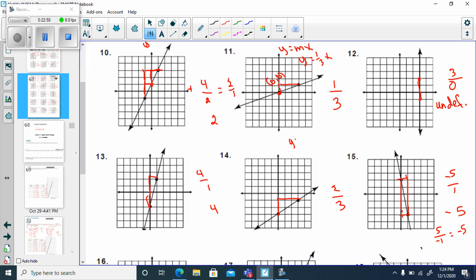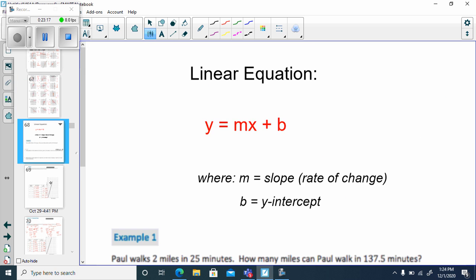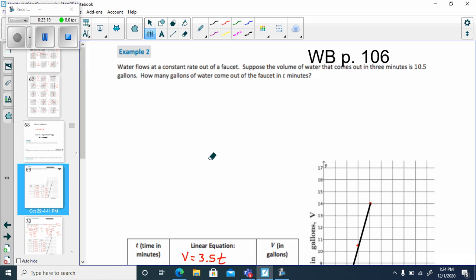Okay, you start with y is equal to mx plus b. If your m is 2/3, y is equal to, all you have to do is plug in the m, 2/3 x, and where is this? Negative 1, 2, 3, plus negative 3. Now, we're going to talk more about that. The main reason I wanted you to see this is because I want you to realize that all the stuff